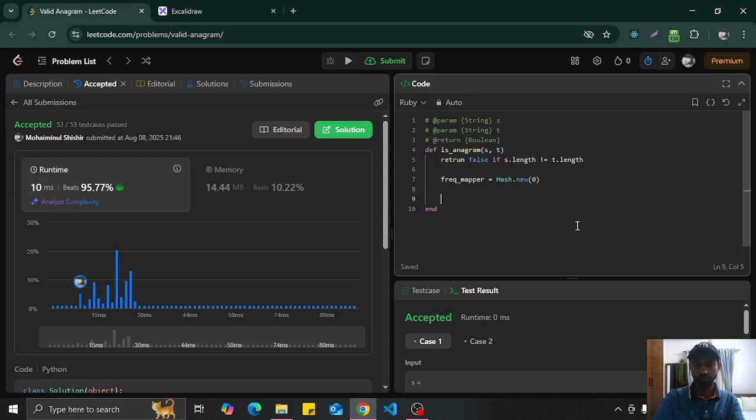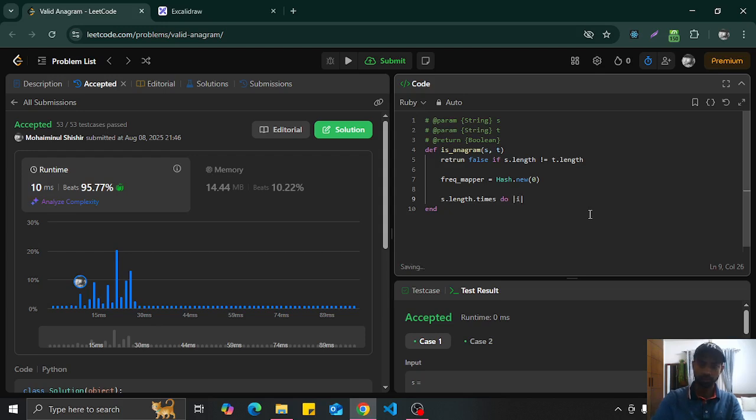Now you can run it for s dot length or t dot length, doesn't matter. s dot length dot times